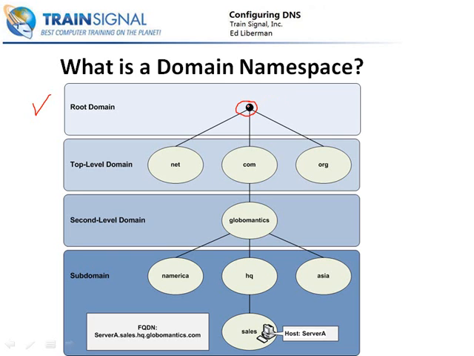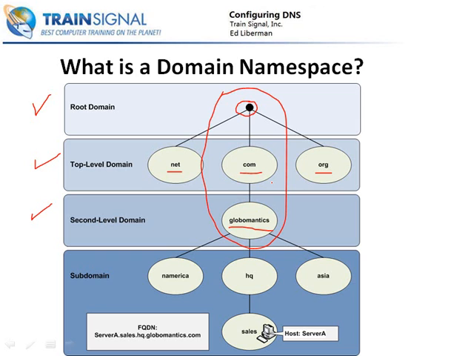Under that dot, or to the left of the dot in a name, would then be the top level domain. Now, the top level domains are your .nets, .coms, .orgs, .info, .gov, .edu. There's a number of them. Those are your top level domains. Then we move further down through the tree into our second level domain, and that would typically be the name of a company. And our example here is Global Mantics. So in this example, if we took just this chunk of the tree, that's our globalmantics.com